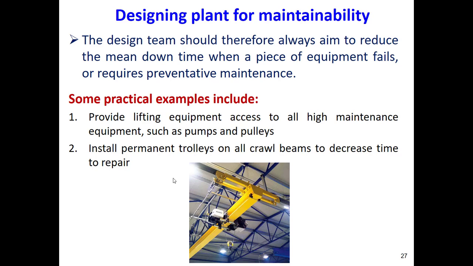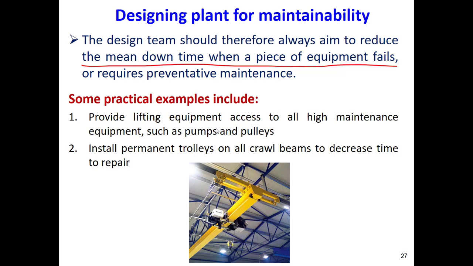Okay, one example. For example, first of all, we always have to minimize the time that the equipment will fail. We have to try to design or choose the equipment that will be failing in the minimum way, let's say minimum time per year or per month. So the equipment has to be designed to work continuously and to be reliable. So we need minimum maintenance, minimum cost for maintenance.